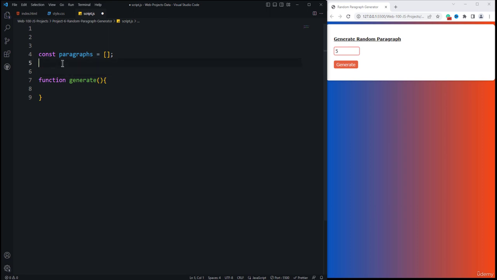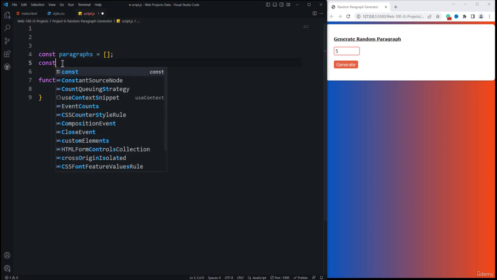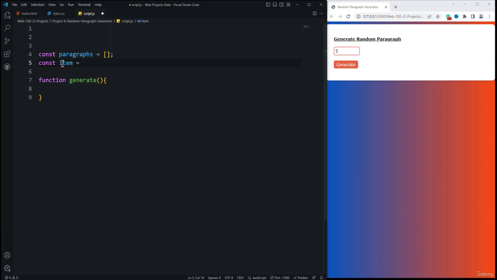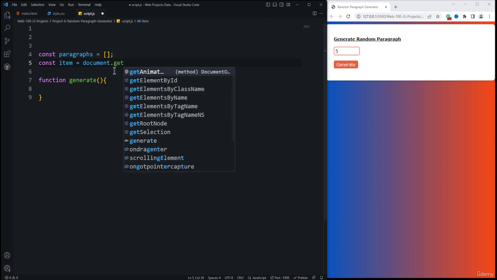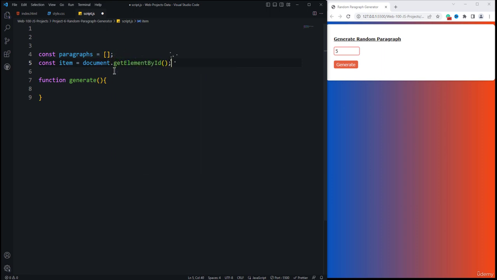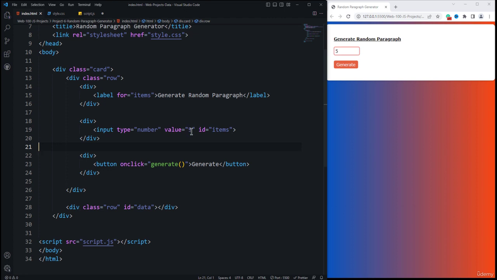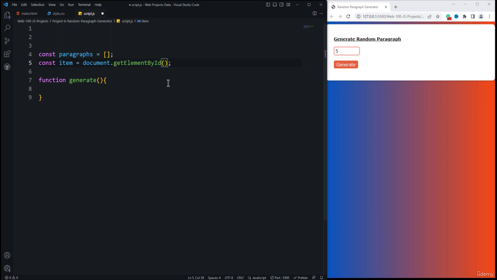And then we need to create another variable here, so const, of type item, and this is equal to document.getElementById. We need to get the ID of the items. Inside the index.html, this is the ID, the items that we want to display, because every random paragraph is actually an item. So inside the double quotes, I'm going to paste the ID name, also providing the hash symbol because it is an ID. After that, we need to create another const, and inside of it I'm going to use the data container,